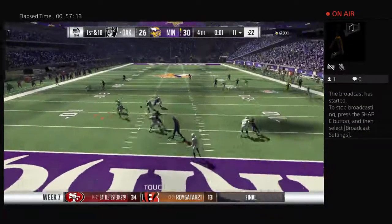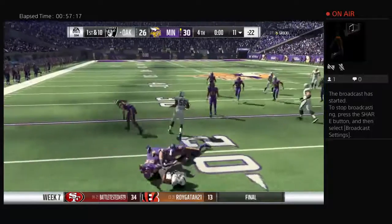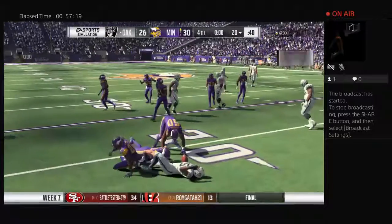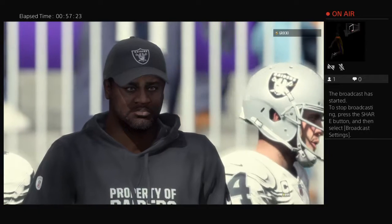One final try now for Carr. On the screen, Bernard. And they're able to bring him down at the 20. Well, going into the final play of this game, they knew